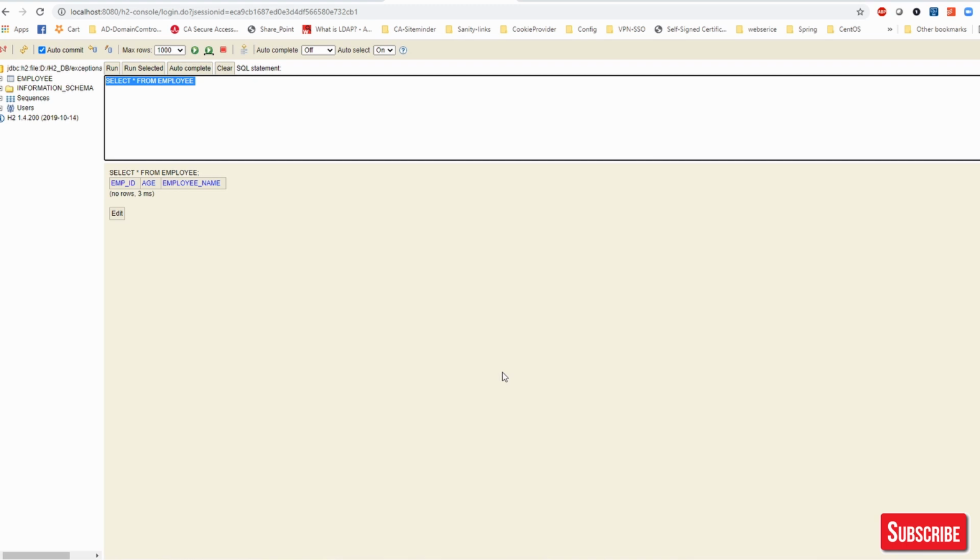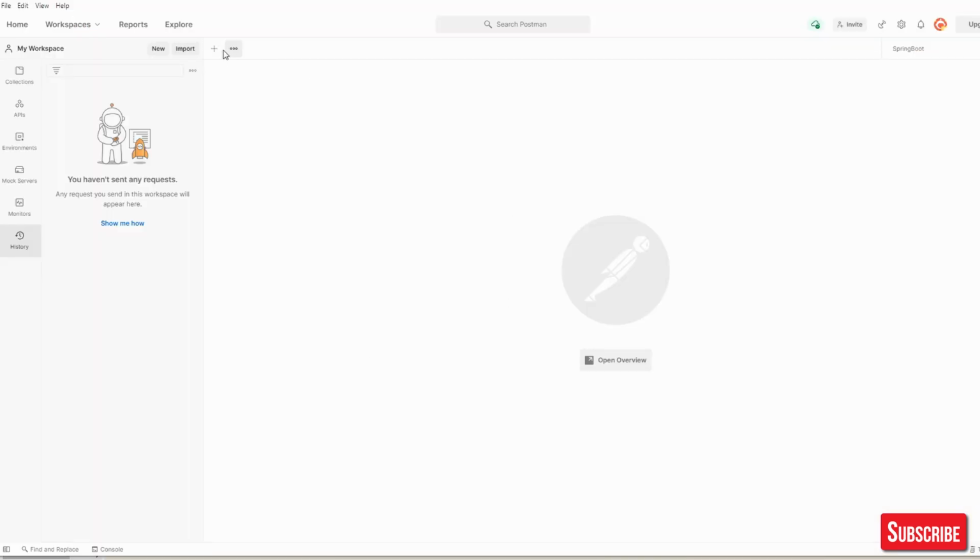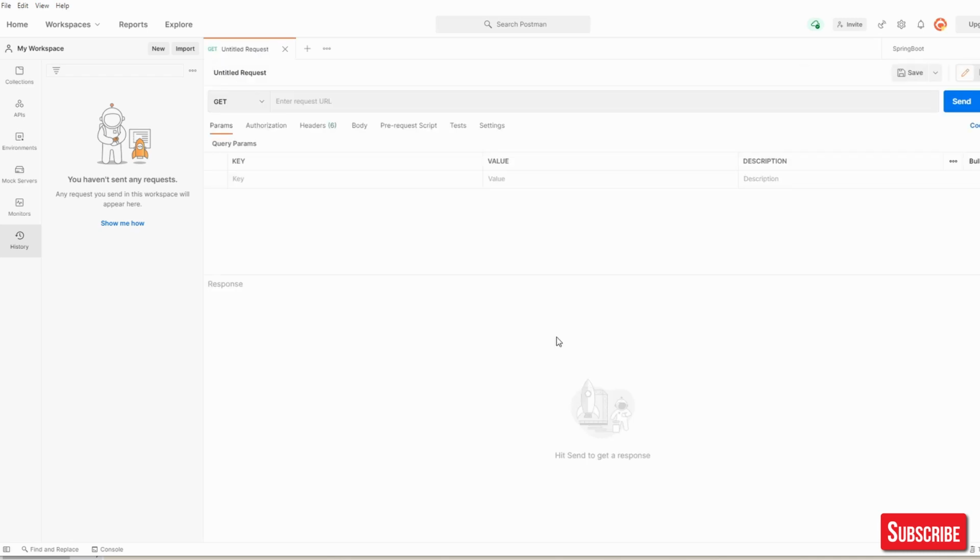So what we'll do is open our Postman and try to create some data. Okay, so this is our Postman. You have to click on this plus button, and in the URL we'll give http://localhost, and our application is running on 8080, the default port on which Spring Boot runs.